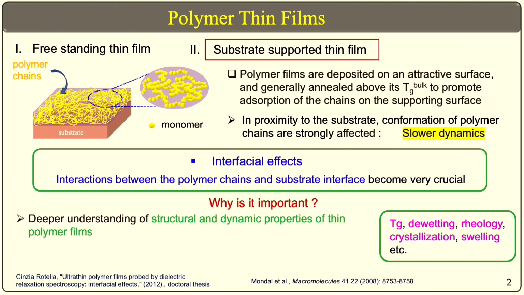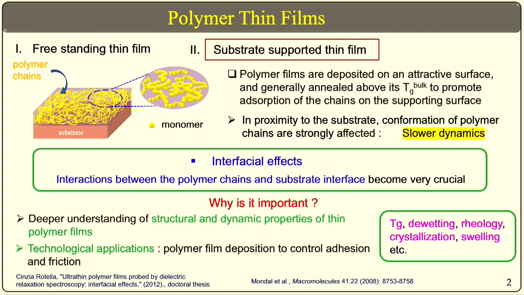I need not mention how important understanding glass transition temperature, de-wetting, crystallization and swelling are in polymer thin films. That's why understanding these interfacial effects is very important. On the other hand, there are technological applications, because these polymer films are widely used in controlling the deposition of very thin films. Based on this importance,